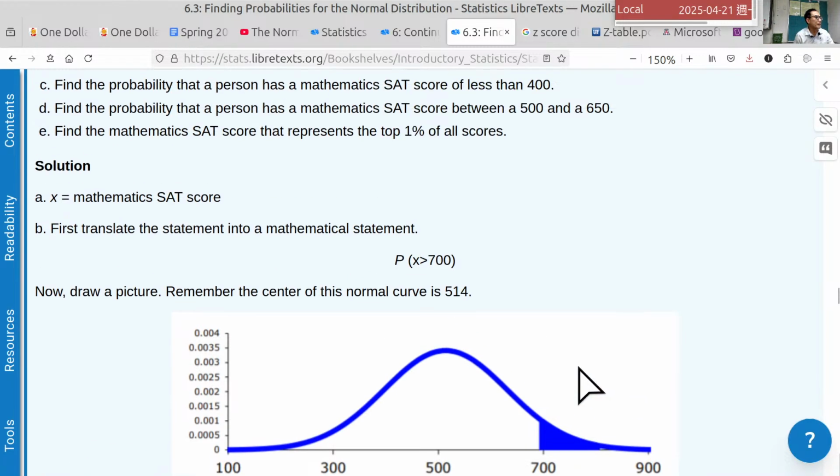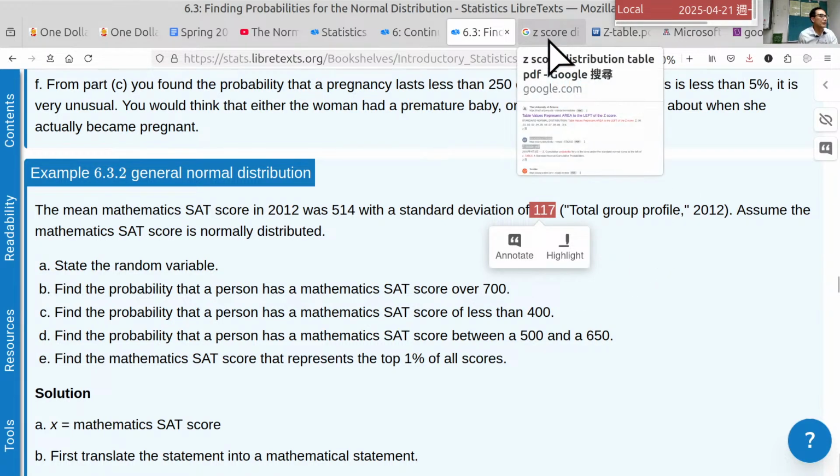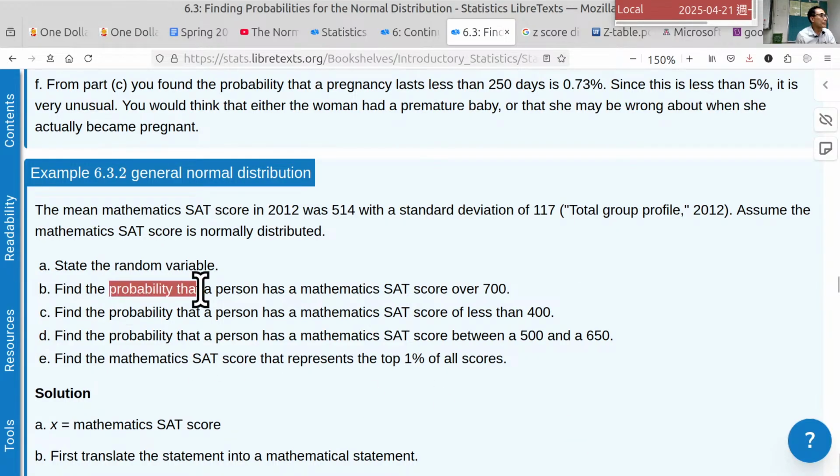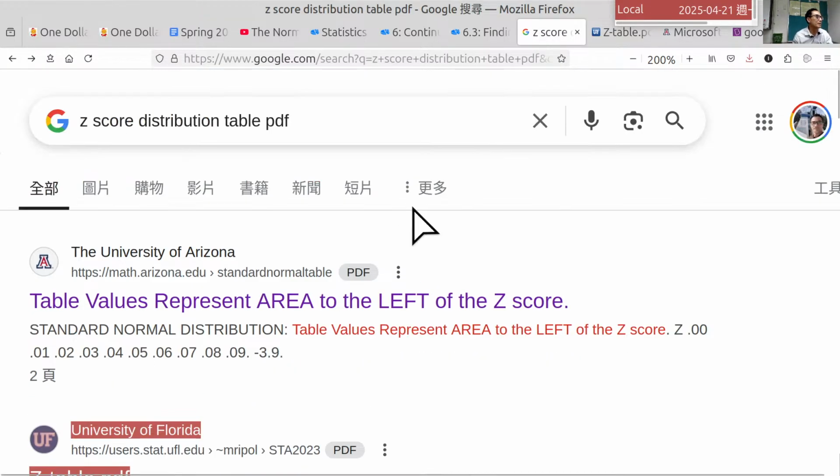For example, here, the most important numbers, the first one, here is the mean, and here is the standard deviation. Those two numbers are the key parameters of this distribution. Okay, for example, find the probability a person has a mathematics SAT score over 700. Okay, then